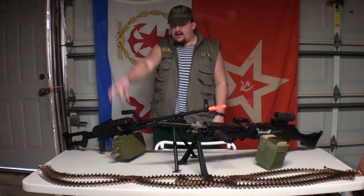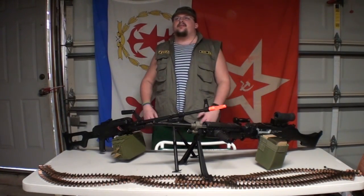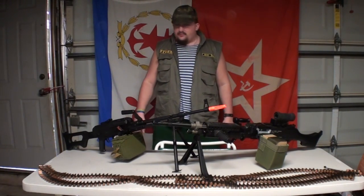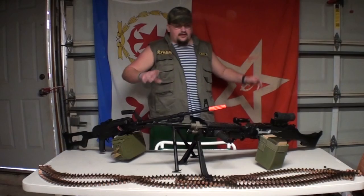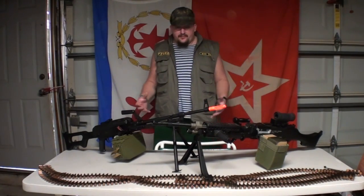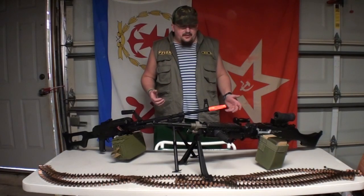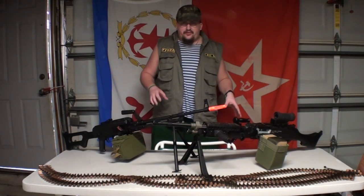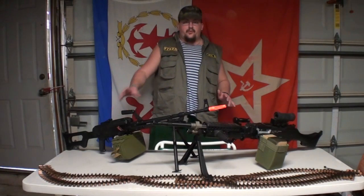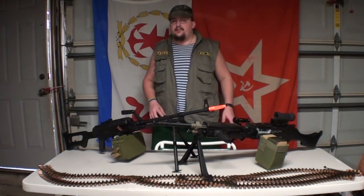Now, this is not a PKP. I want to stress that, because I know people are going to say it. This is a PKM. It's totally different in a lot of aspects. But again, this is my comparison. I know this may not be the best comparison, and I don't want to sound like I'm downing both of them. I'm just listing the pros and the cons, and unfortunately there's more cons than pros sometimes, and that's just